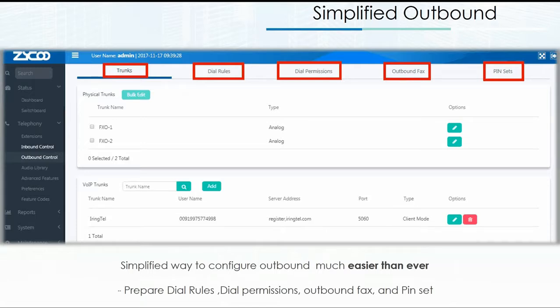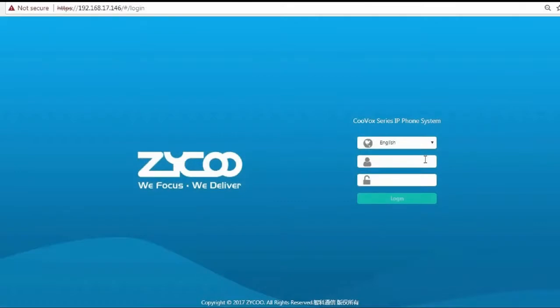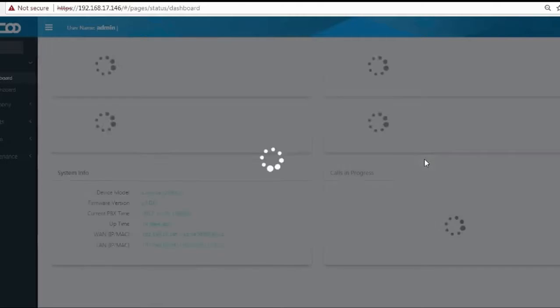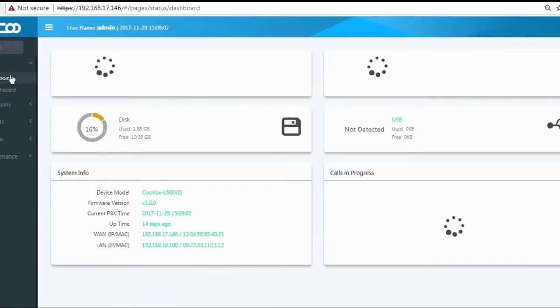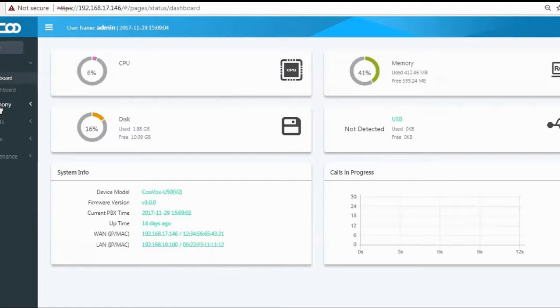So let's talk about outbound control. In the new version 3 GUI, we've simplified the way to configure outbound and made it even easier than ever. You can prepare dial rules, dial permissions, outbound fax, and set pin sets, which allow you to secure certain defined outbound calls. So I'll give a demonstration of this then. So we'll log into the version 3 GUI. And if I go to outbound control,